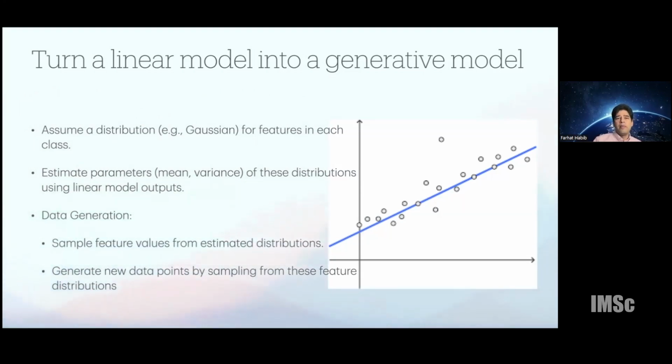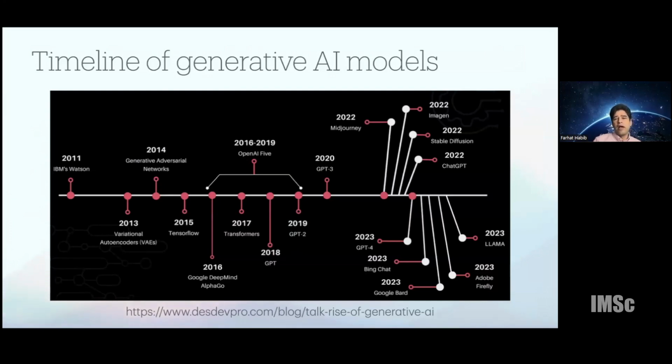Now we'll go on to some other kinds of models that are a lot more complicated than this simple model that we just saw. So just to give a brief idea of the journey of generative AI models, the main point where we might think of starting with is autoencoders. Autoencoders have a longer history, but in 2013, we saw the development of variational autoencoders. And I'll spend a little bit of time on variational autoencoders in this talk.